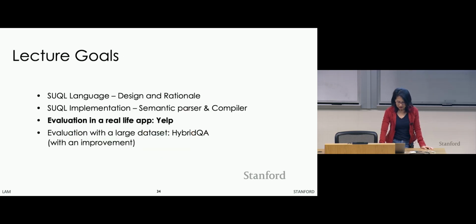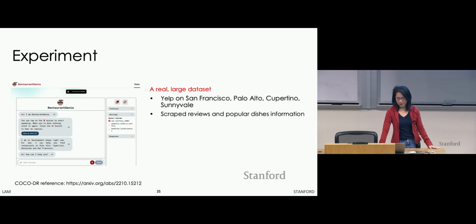Okay, so now let's come to the evaluation. Let's start with Yelp. We've been talking about Yelp. I mentioned the first time that when we did the experiment using our own annotations, it just didn't work because our annotations were bad. So this is an experiment. This is one of our first agents that we have built. This is a real-life Yelp bot. It actually uses all of Yelp data. Okay, it is not a small table